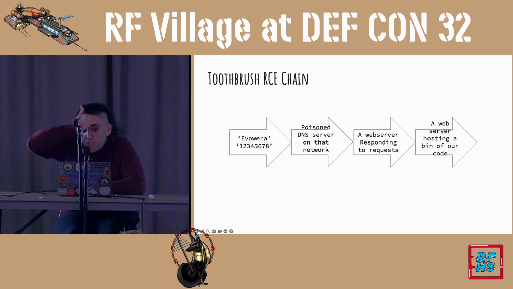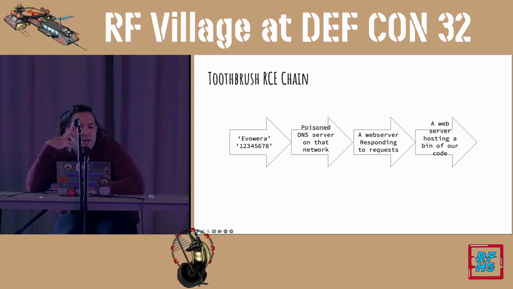So then for our Toothbrush RChain, what we need is to stand up a wireless network that has an SSID of Evowera and a password of 1, 2, 3, 4, 5, 6, 7, 8. We also need to be running a Poison DNS server on that very same network. That way, when the toothbrush makes a DNS request for na-api.evowera.com, we can reply back with the IP address of our own web server, whereby we can essentially forge the